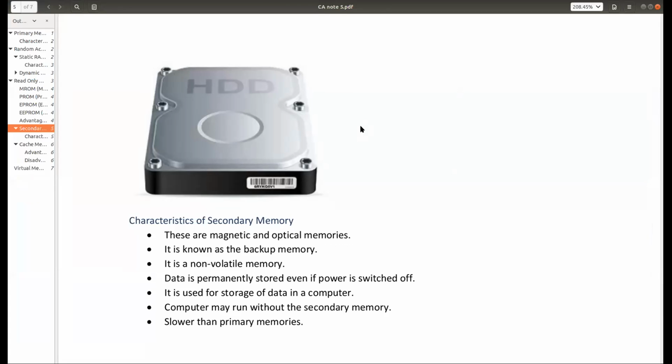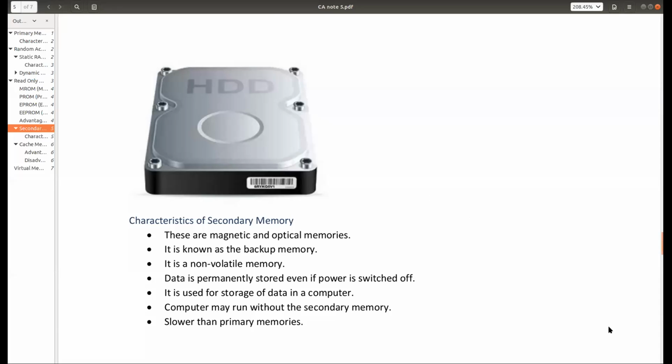SSD drives are huge. They can store huge data, like our hard disk, and they store data permanently, like a hard disk. But the advantage is that in the solid state drive, the reading and writing time from the disk gets reduced. It takes very little time. So ultimately, your computer can perform much faster with the SSD, and that's the advantage, right? So this is basically about the secondary memory. Mainly secondary memories are these.